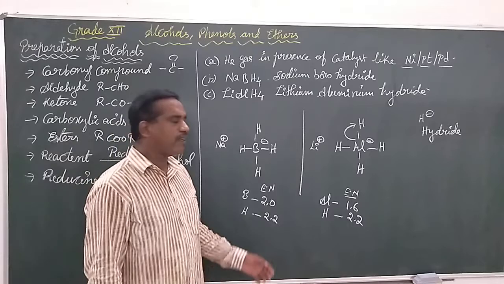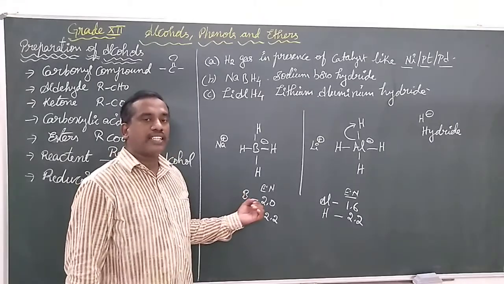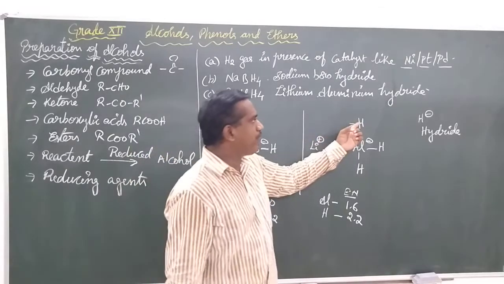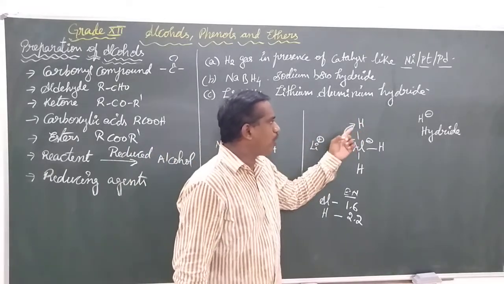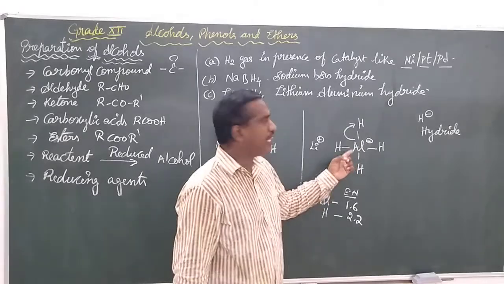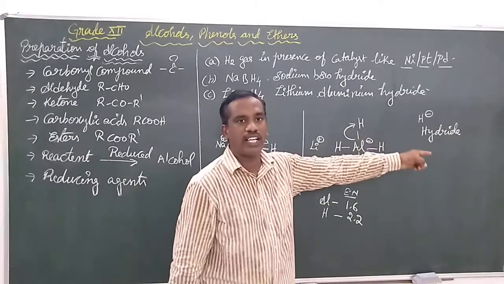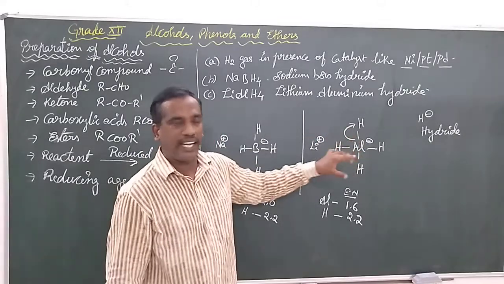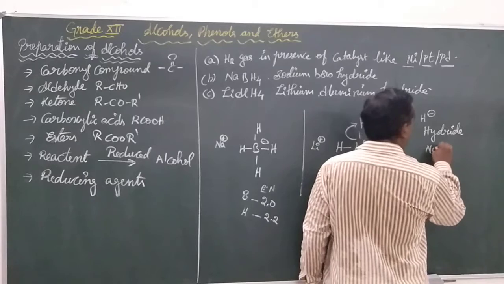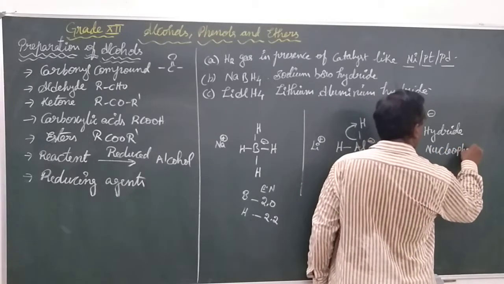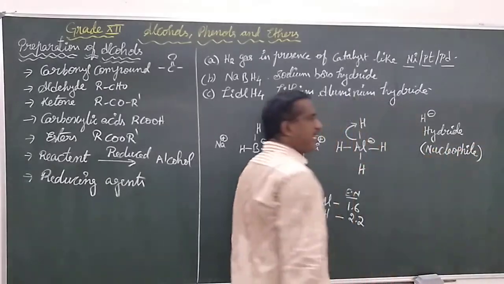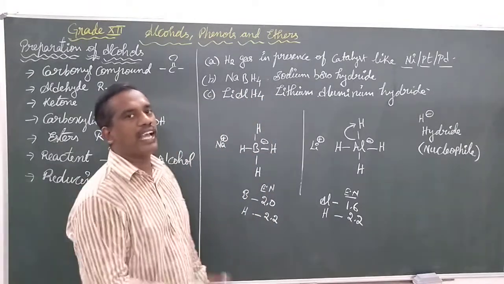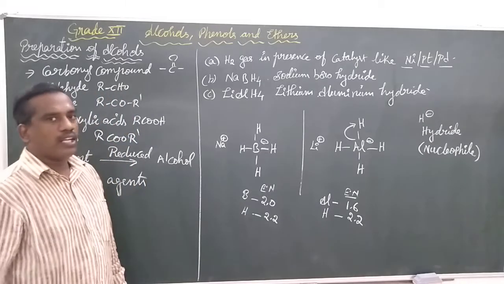Once again, we are getting the point. When we compare the electronegativities, aluminum is having the least than boron. So the highly electronegative element is going to take out the bond electron pairs towards it from the least electronegative element in the form of negative charge, that's called as the hydride. These negatively charged hydrogen, that is hydride, this is going to act like a nucleophile to be added to the carbonyl compound. Let us see how it be added to the carbonyl compound.